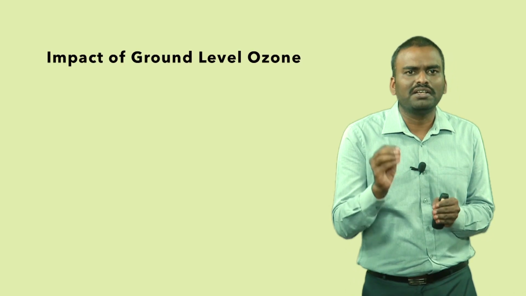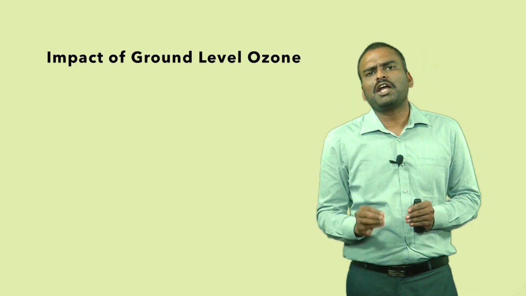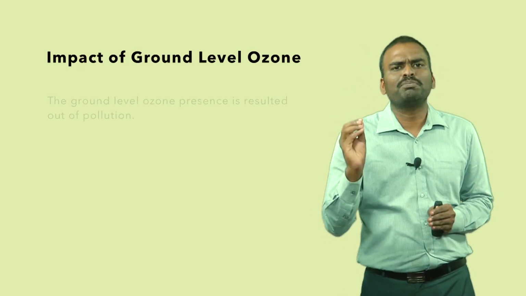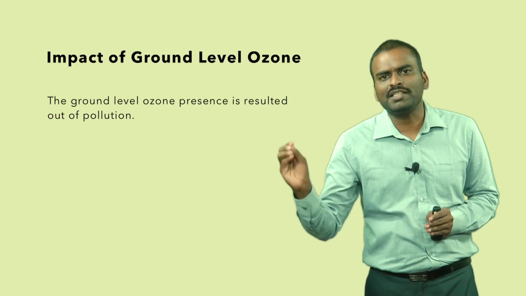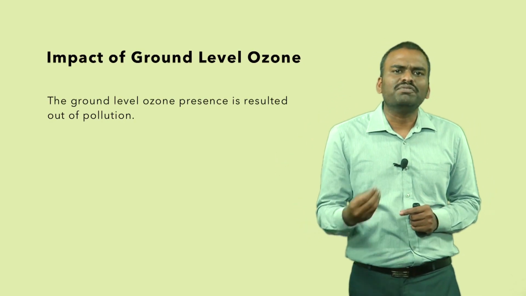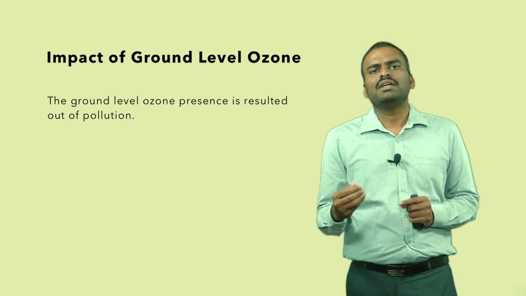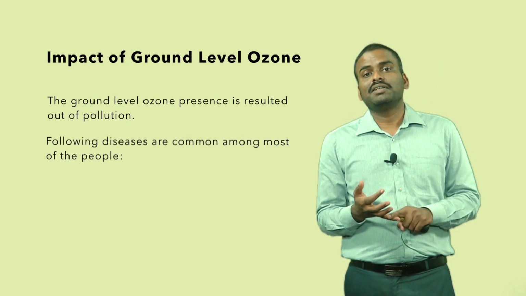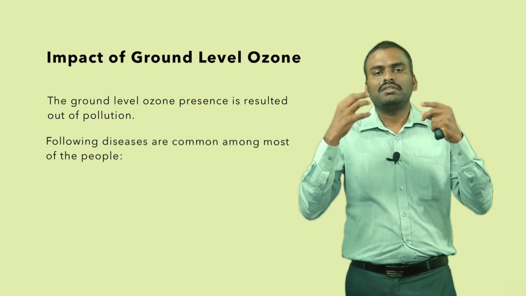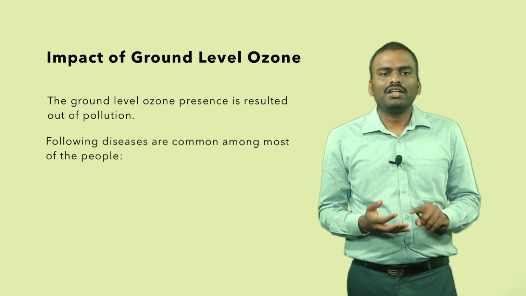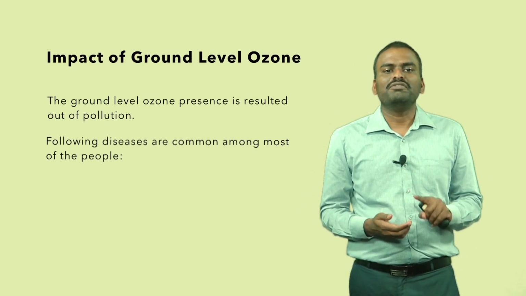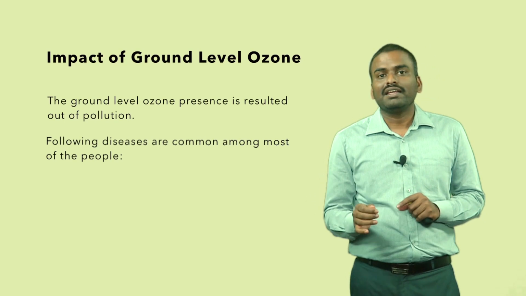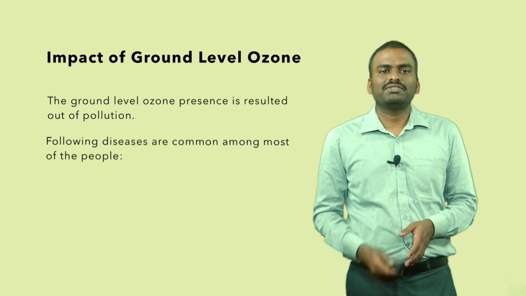What are the sources of the ground level ozone? The sources of the ground level ozone are completely based on vehicular pollution and other industrial related pollution. What type of problems may arise out of this bad ozone? Most of the problems which may arise out of this bad ozone are respiratory related problems, shortness of breath, coughing, wheezing, headaches and other throat related problems. It may even cause skin diseases as well.